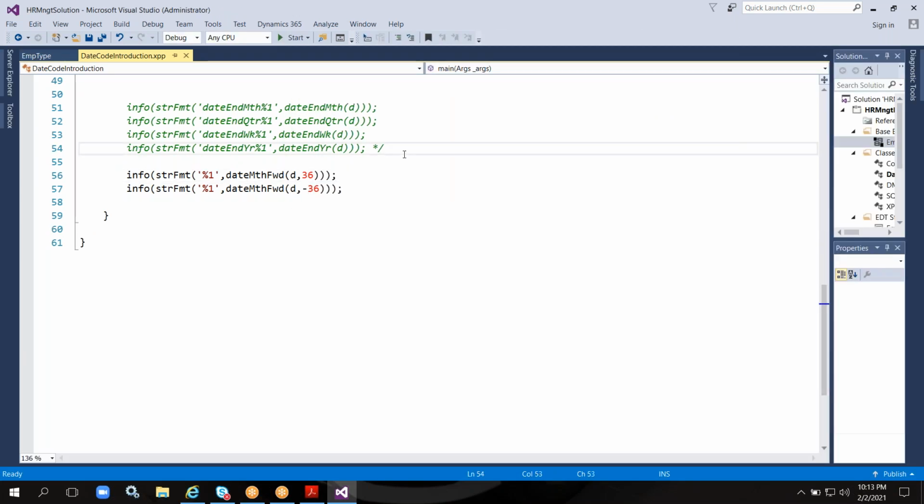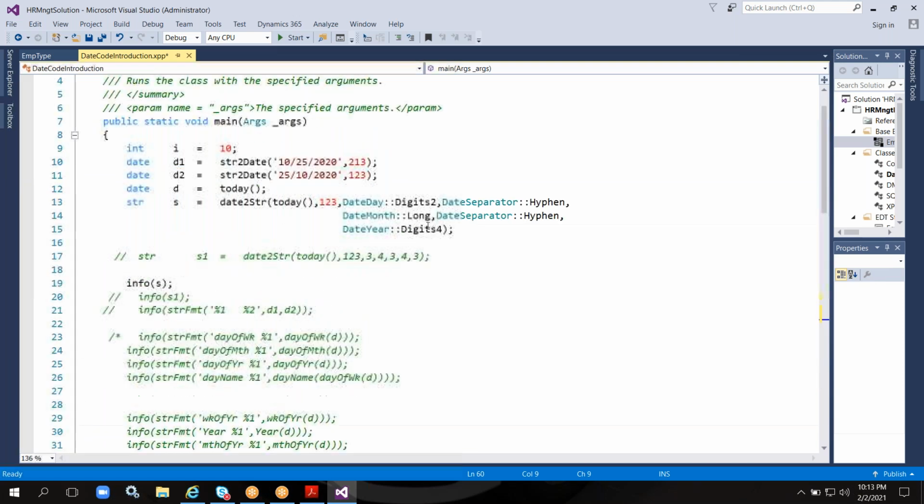Okay, and I just want to find the difference of two date values. For example,